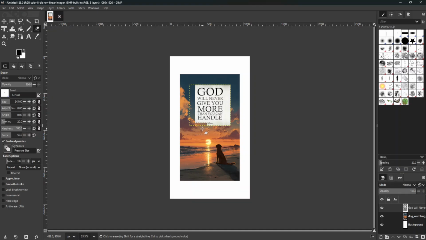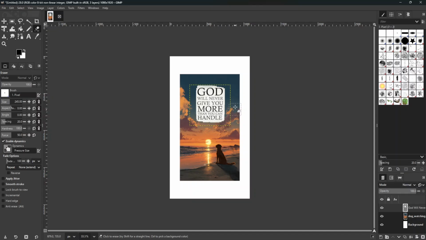With your eraser ready, gently begin erasing the edges of the top image. This technique allows the image beneath it to beautifully fade in, giving the impression of a seamless composition. You can adjust the eraser size and opacity in the tool options to fit your specific needs. Larger sizes can quickly remove bigger sections, while smaller sizes and decreased opacity allow for more precision. Don't hesitate to experiment with these settings to find what works best for your images.